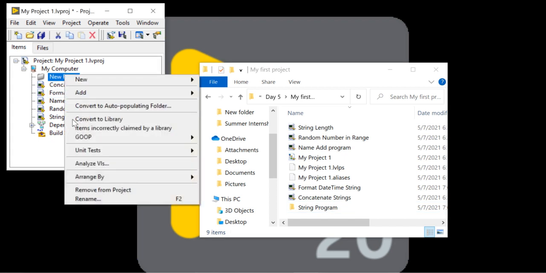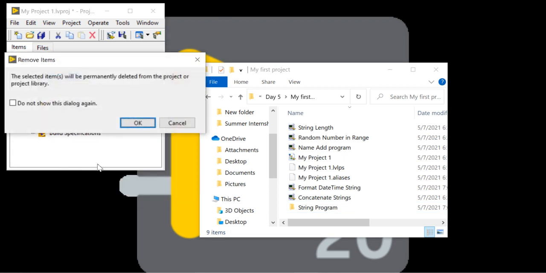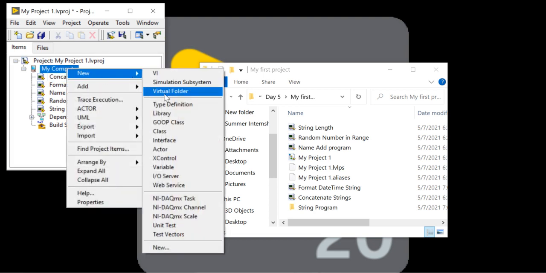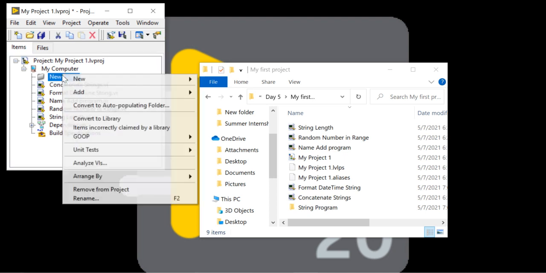Now, right click, come here, create a new folder. Right now this folder is a virtual folder. This folder is not present in my PC.